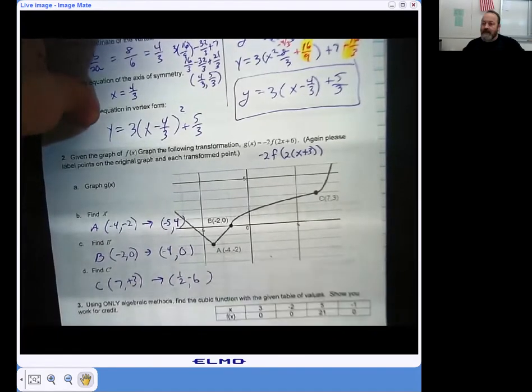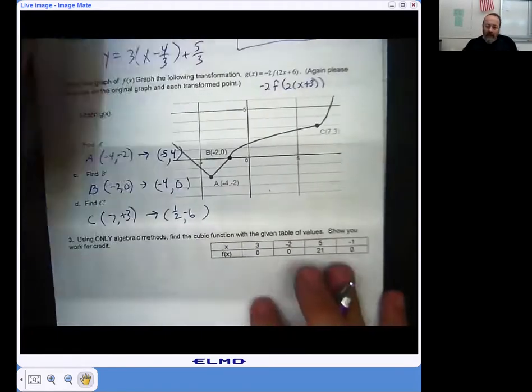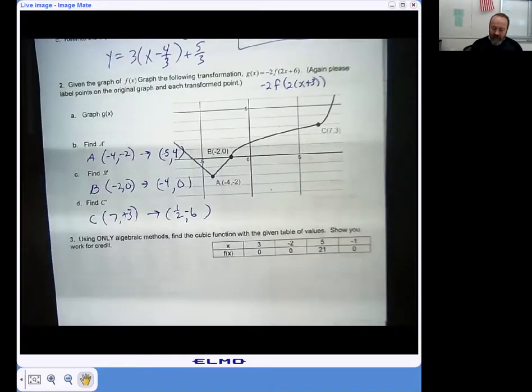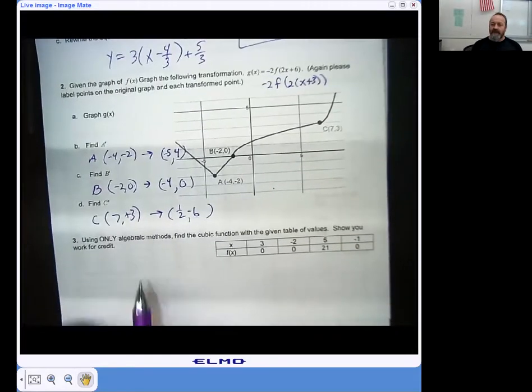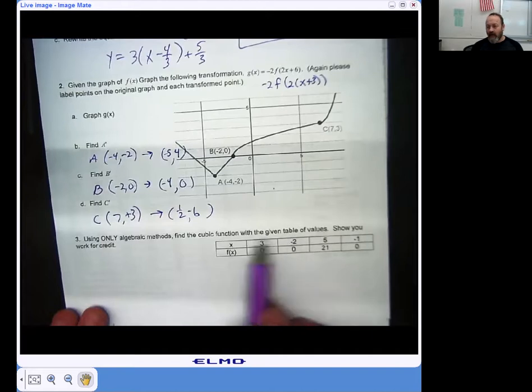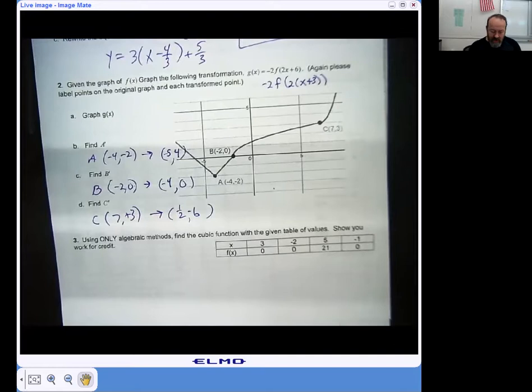That was a -6, wasn't it? Okay. Now, in number 3, there's a couple of things that kind of mess with people's heads. It says, let's find the cubic equation from this table. But what's interesting about it is it doesn't have to be that hard, because as soon as we know we